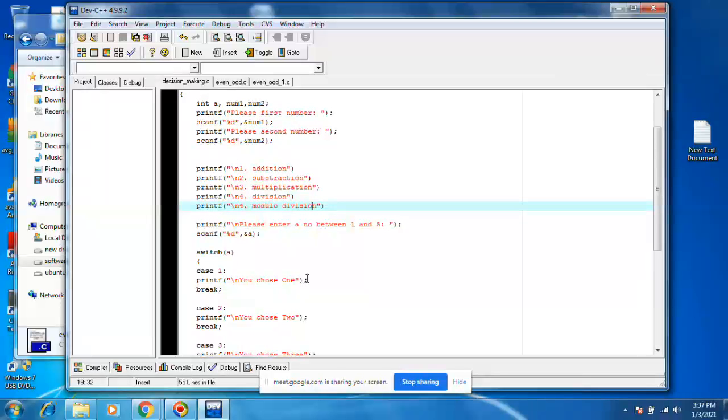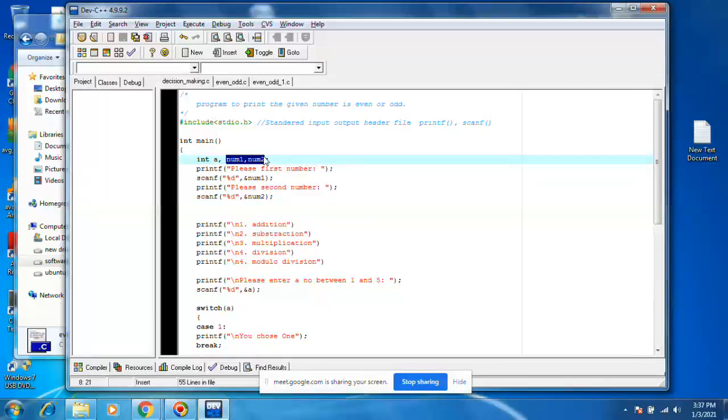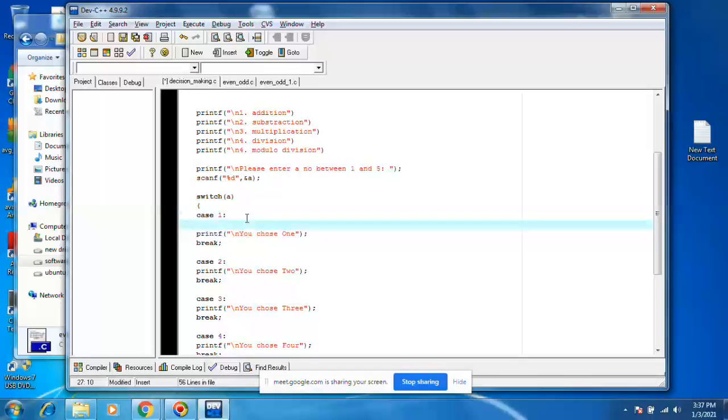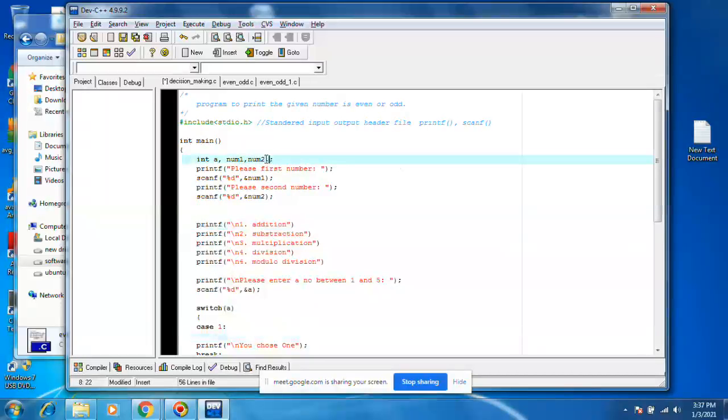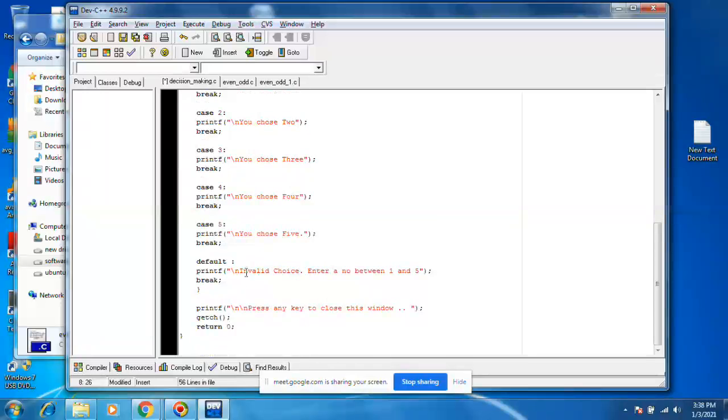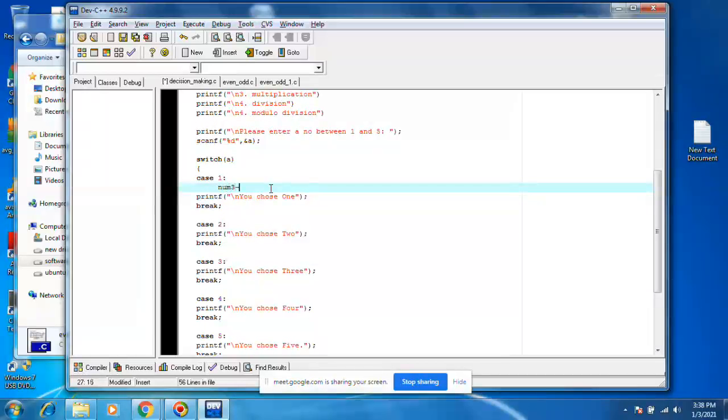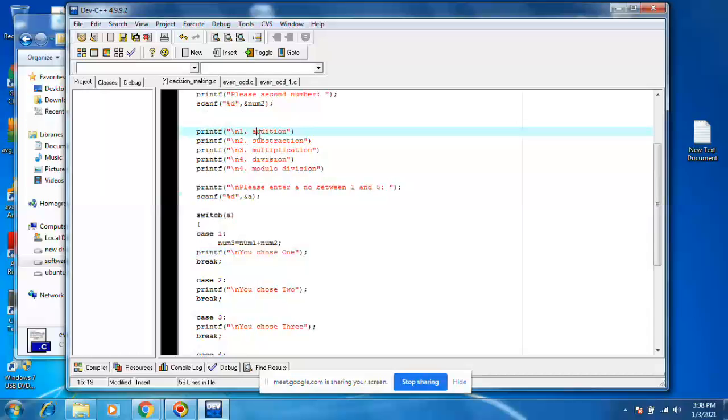Now in the case, what do I do? First one is addition. Num1, num2, num3. Let's take it as num3. Case 1 addition, num3 equals num1 plus num2. Then addition equal to percent ld, comma num3. Next thing is